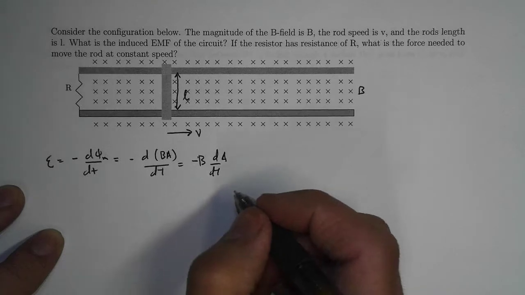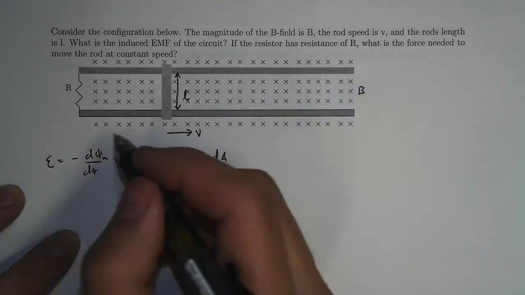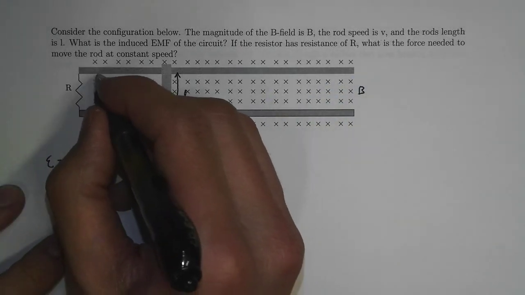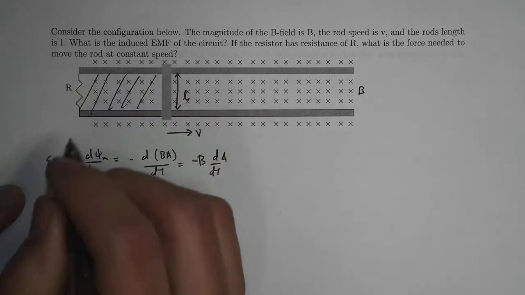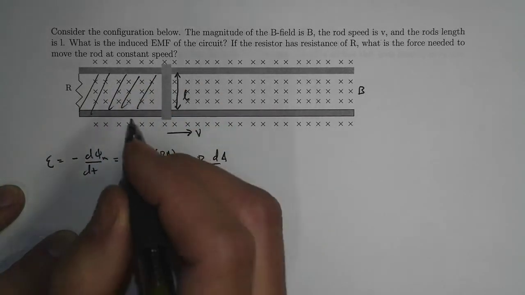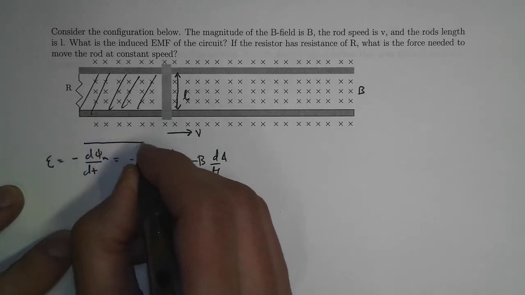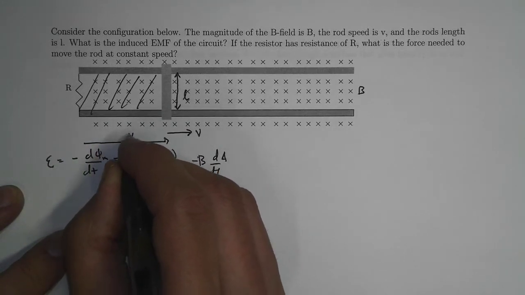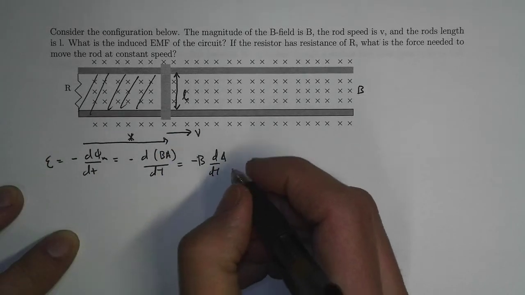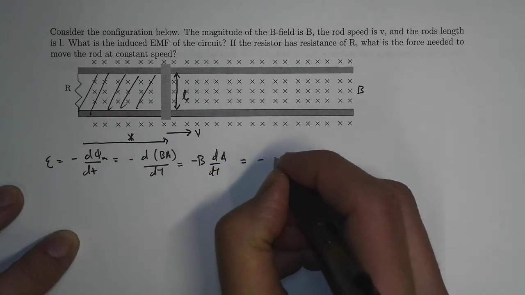Okay, at this point, it's helpful to basically realize what's the area that is in question. The area that is in question is here, right? And what we really want is basically how that area is changing as a function of time, right? So to make it simple, let me just define x as starting from this resistor onward, and so this would be basically minus B